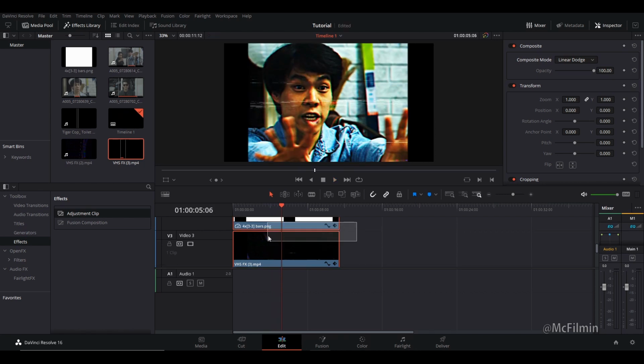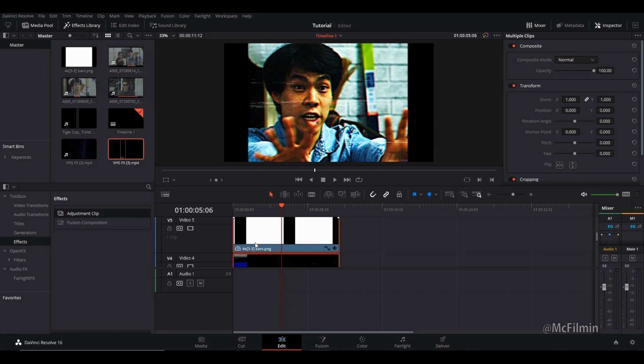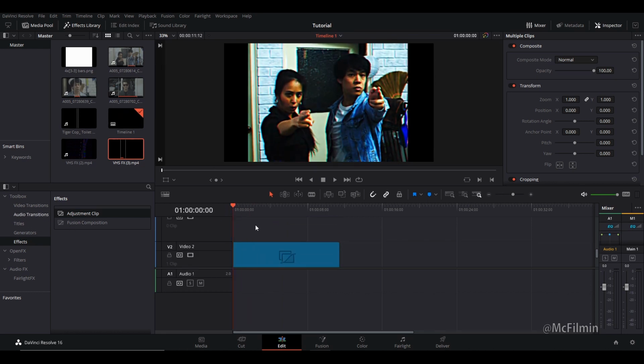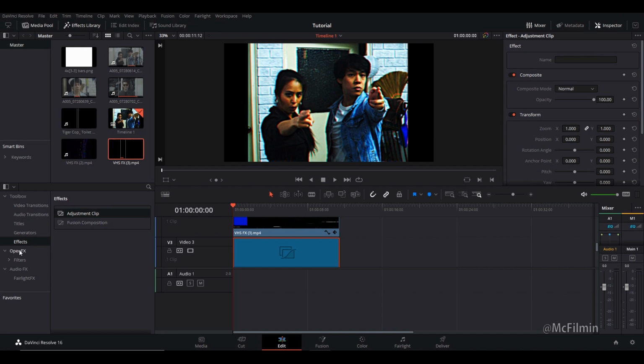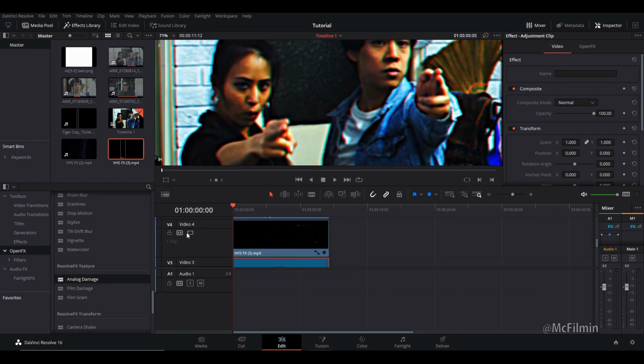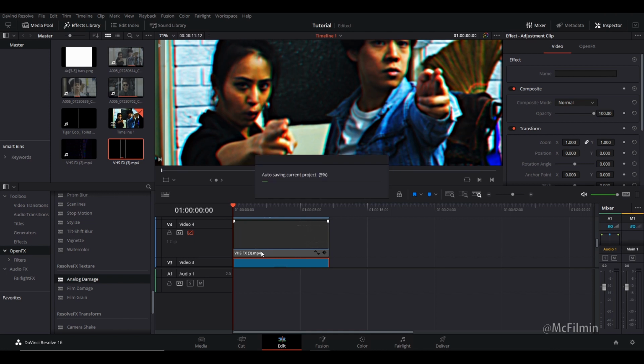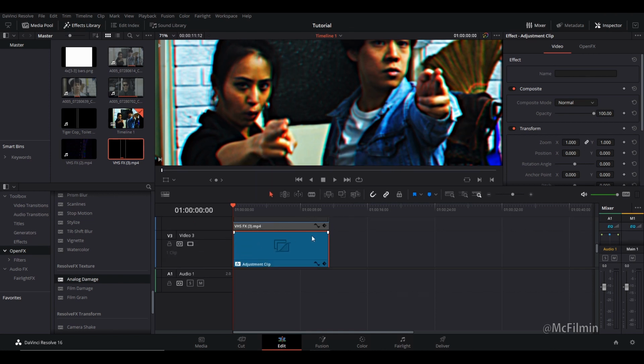So I'm just going to move these up another layer so I can add another adjustment clip, just so I can separate the first effect and this new effect that we're going to be adding on top. So make sure you've got this selected. Let's go over to Open Effects, and we'll scroll all the way down to Analog Damage. Let's just add that. I'm just going to turn off Video Layer 4, the VHS overlay effect, for now. And I'm just going to go to Adjustment Clip,